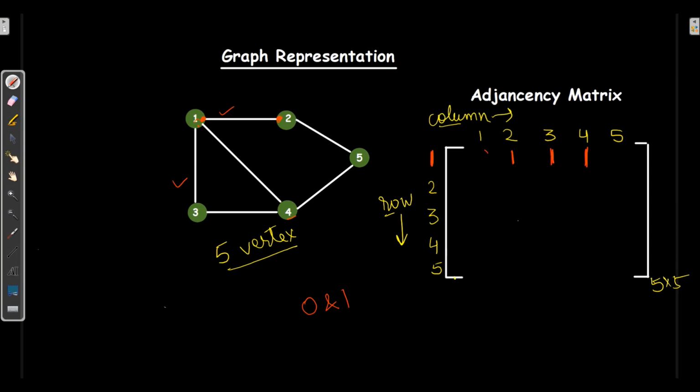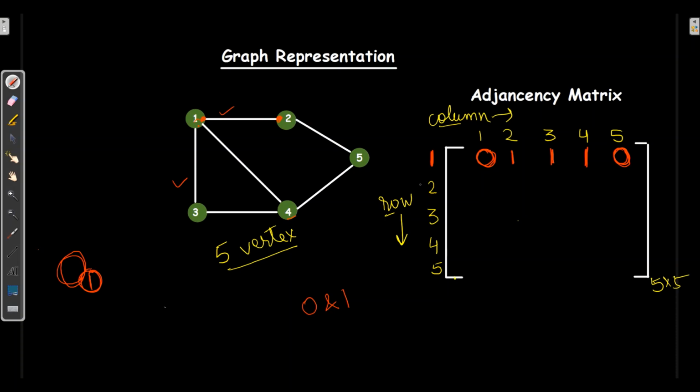And rest I will put 0, because 1 is not having edge with 1. This represents if one vertex has a loop towards itself, we will have an edge over here. Then for 1 to 5, there is no edge, so we will write 0 over here.